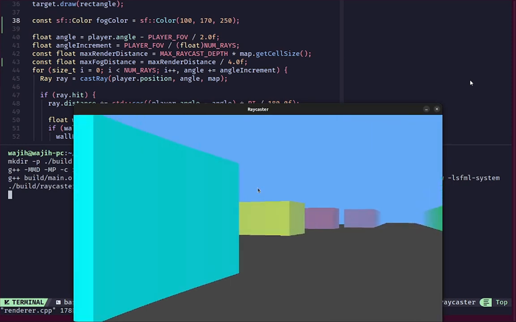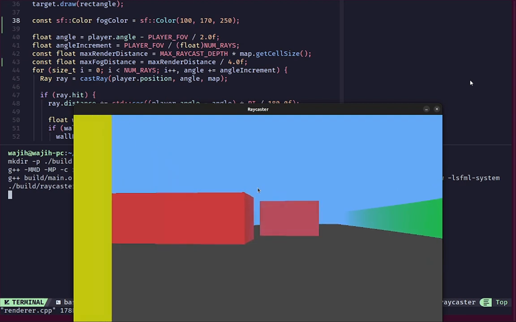But anyways guys, this is pretty much it for this video, and I'll see you in the next one, in which we will finally begin the implementation of textures into our engine. So that's going to be pretty awesome,